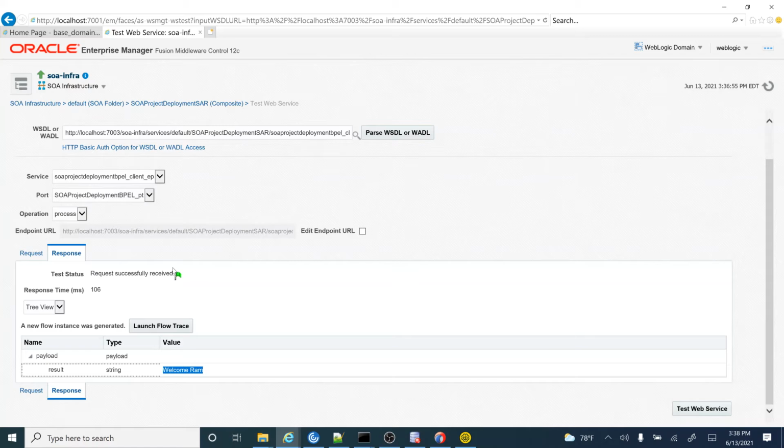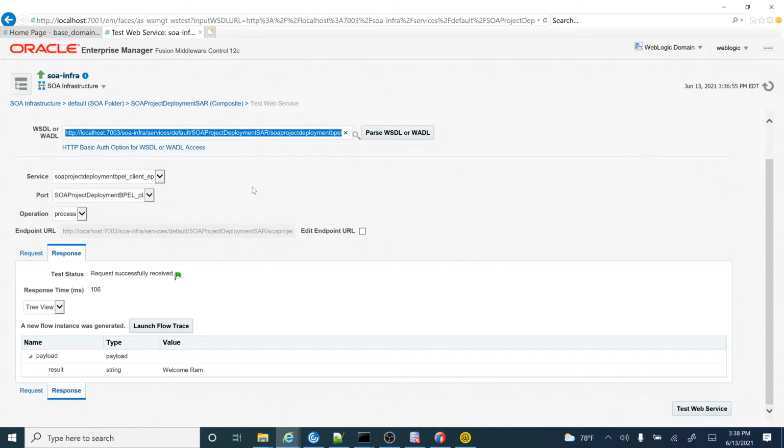But for this, as I mentioned earlier, we need to have access. If we don't have read write permission to this particular environment, the test button will not be enabled for you, and you won't be able to test this service from the EM console. So what is the other option if you don't have rights? If you don't have the access, then you need to have the URL. Just to show you how to create a SOAP UI project, I have this URL, and I'm going to create a SOAP UI project for this particular service. So I have this WSDL URL.